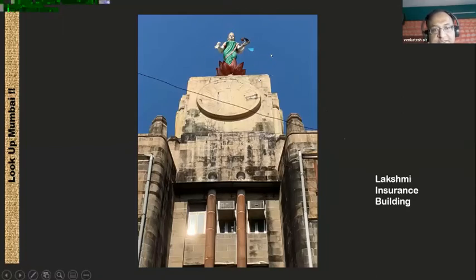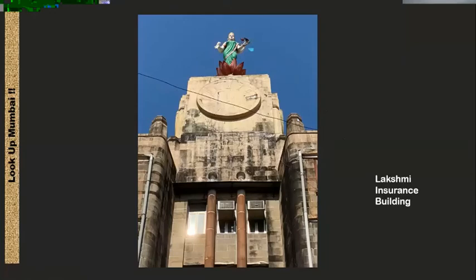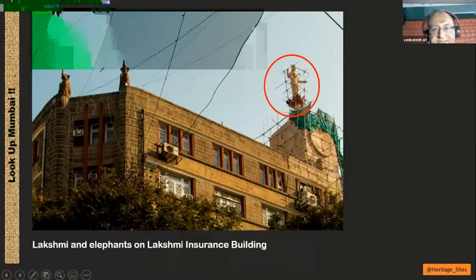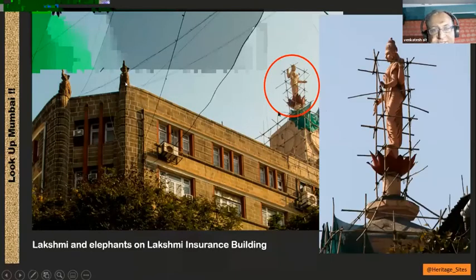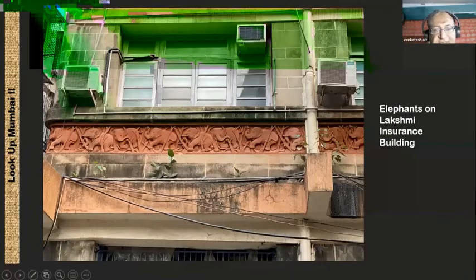So Indian figures are now coming here. This is Lakshmi building, and a lot of Indian insurance companies had come up at that point in time because British companies were charging higher premiums from Indians. So probably they were not comfortable with the risk factor and actual stuff. So Lakshmi building for you here, nicely restored recently. It has these elephants, it has these kind of things. These are the elephants on Lakshmi building, an awesome, beautiful